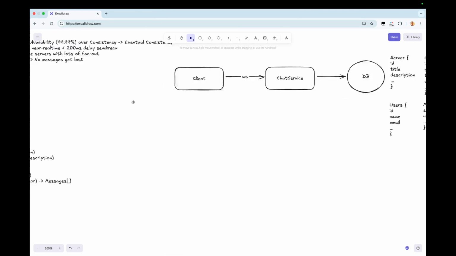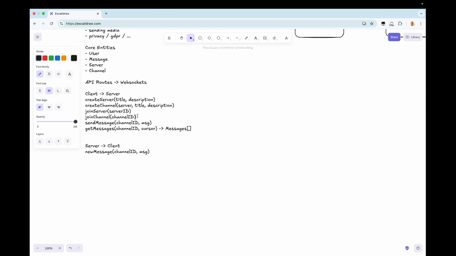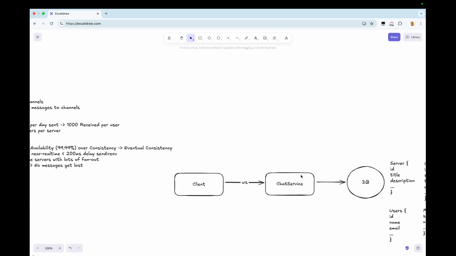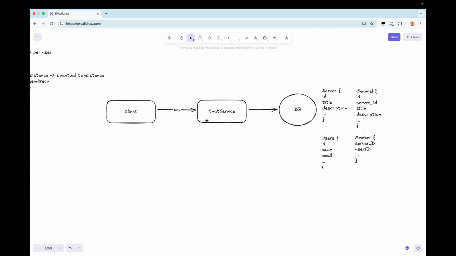I think with Discord, they're automatically joined for every channel within the server. And so we're just going to have them join the server. So they'll open a WebSockets connection with chat service, and then chat service will basically say, I want this particular user to be associated with this particular server.